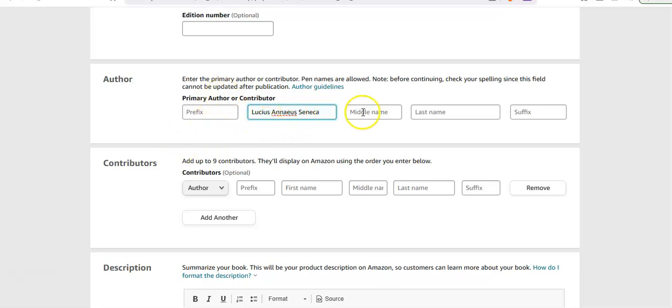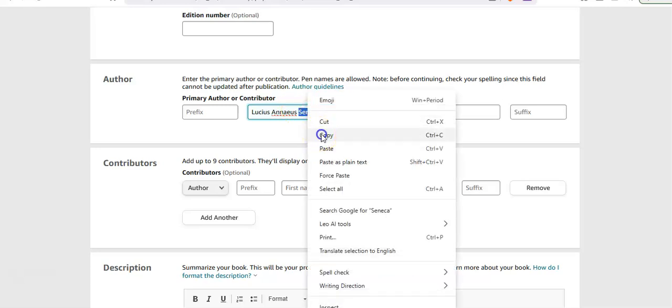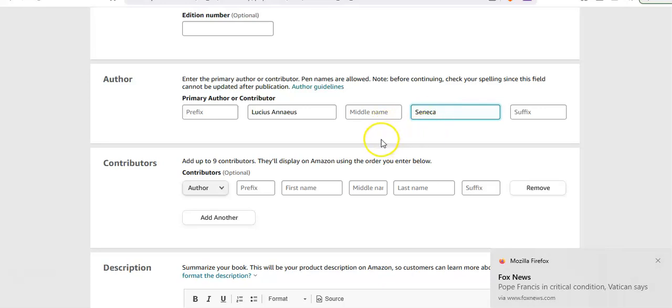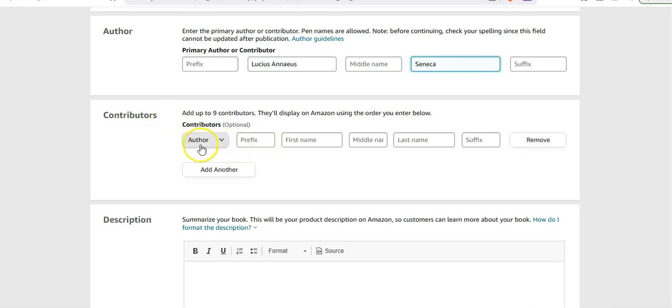I include the middle name because that gets to be more work. So, Lucius Annaeus Seneca. We can have contributors. So I'm going to put myself as the editor. We don't need any more. This is public domain content. We do not need to show who the original translator of this was.